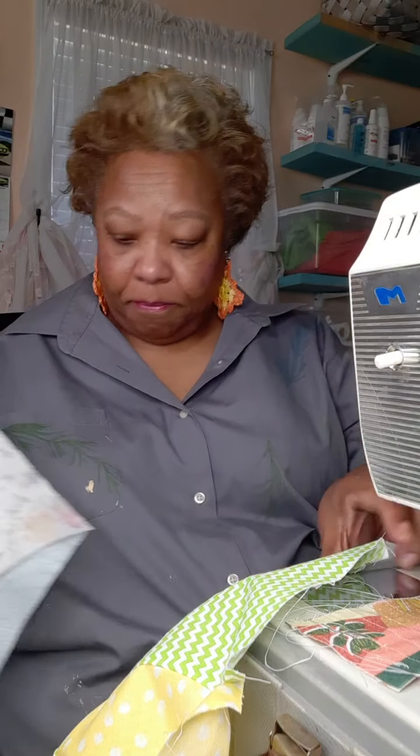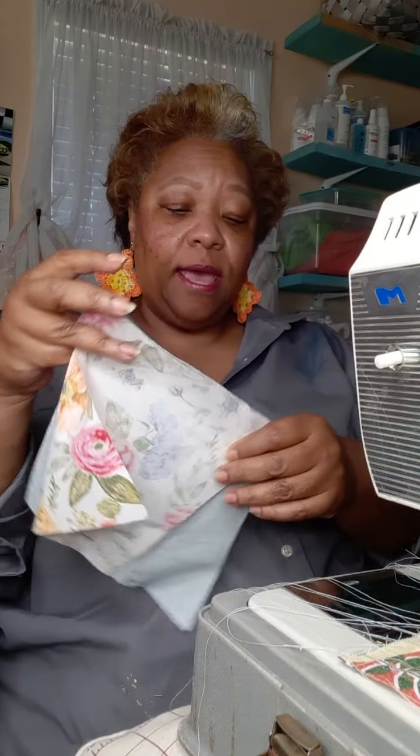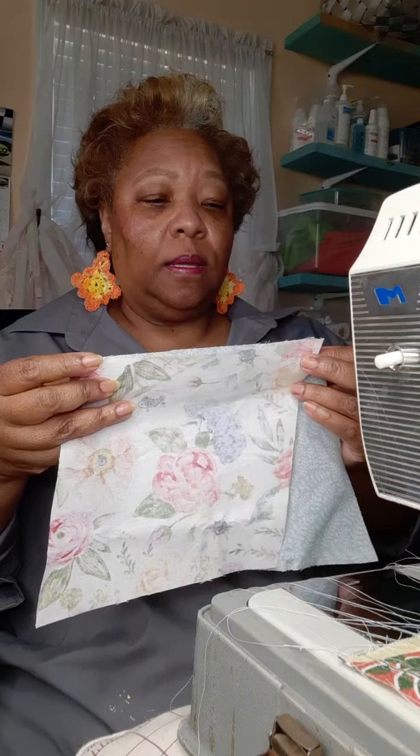I am so excited to finish this. So I thought I would come on this morning and do a little stitching. I have to go out